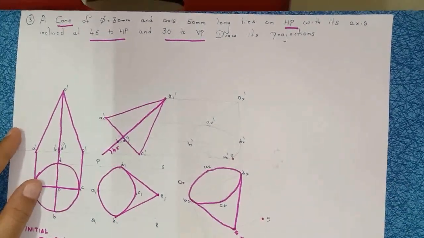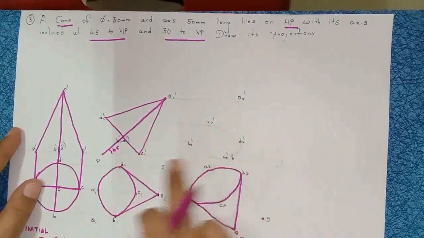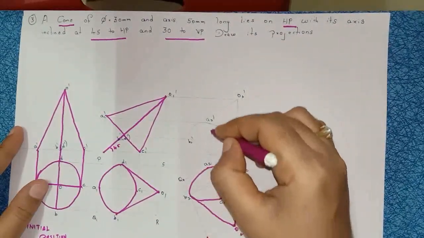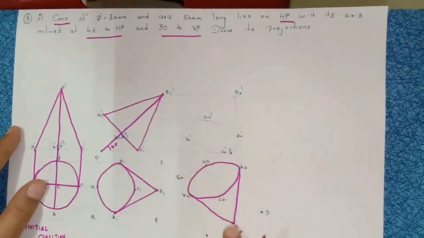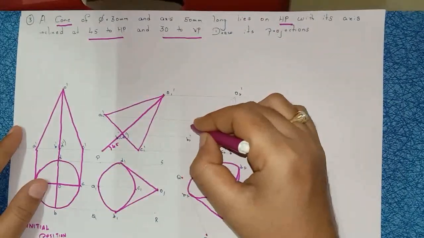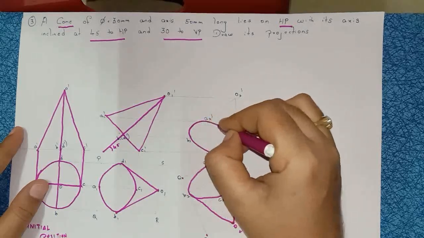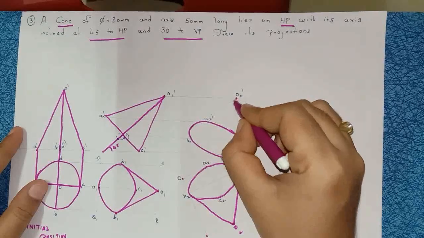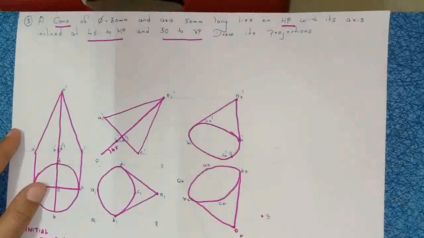After drawing this, what is the next step? From O, draw the horizontal line from A, from B, anyway from C. After that, what we have to do? From A, draw the projectional line till A point. From B, draw the projectional line till B point. From C to C, from D to D, from O to O. Right? Join this A, B, C, D. Right? From O to O also you have to join the point. Join these corners. It looks like a cone shape.